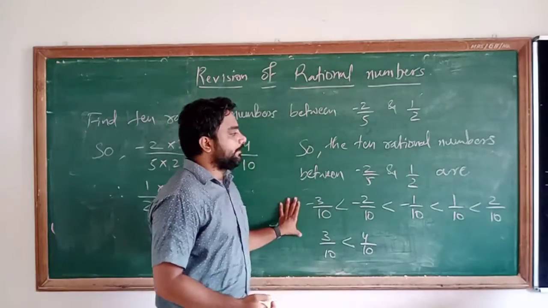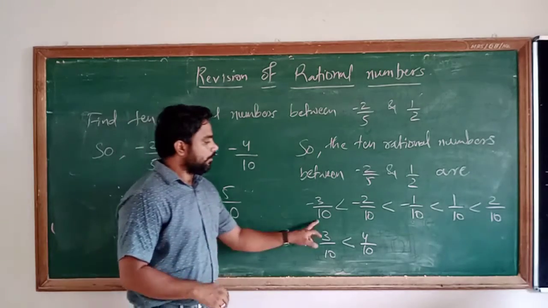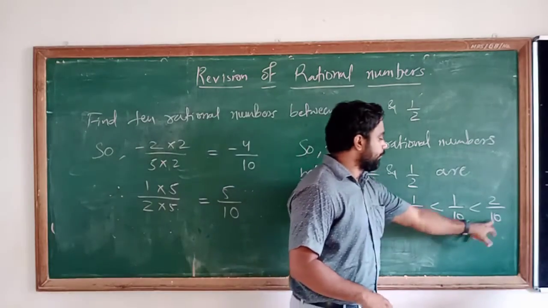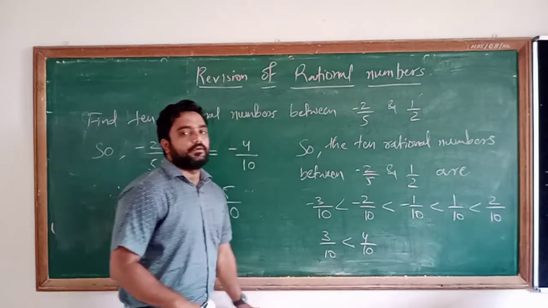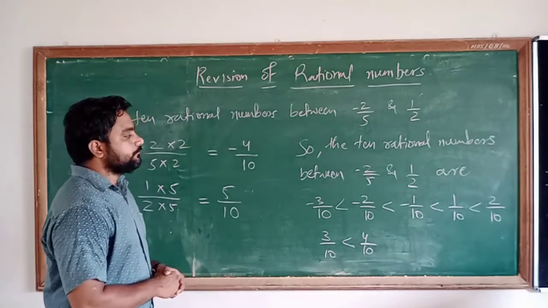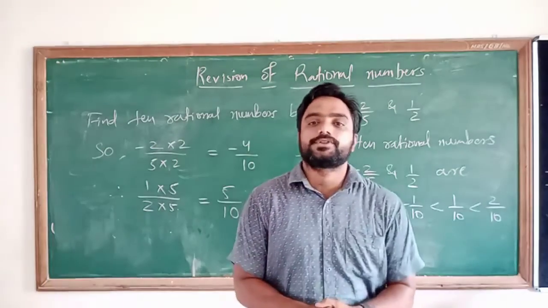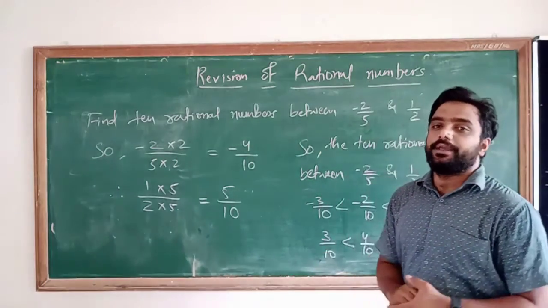Now I am writing in this method. Okay. So here I am obtaining how many rational numbers? 1, 2, 3, 4, 5, 6, 7, including 0, that is 8. Okay. But then also मुझे तो चाहिए यहाँ 10, but here I am obtaining how much? Only 7 to 8 rational numbers.